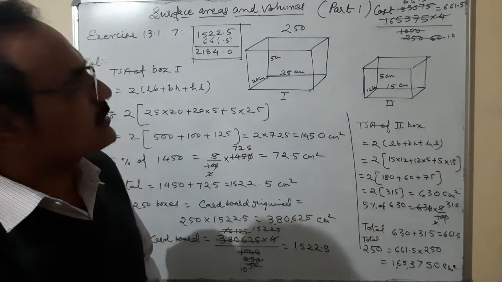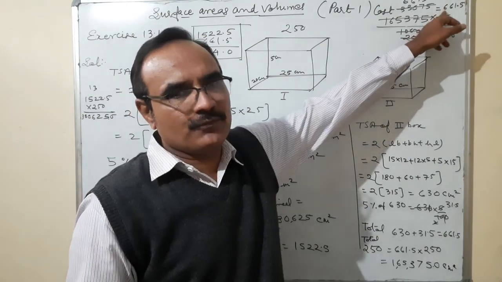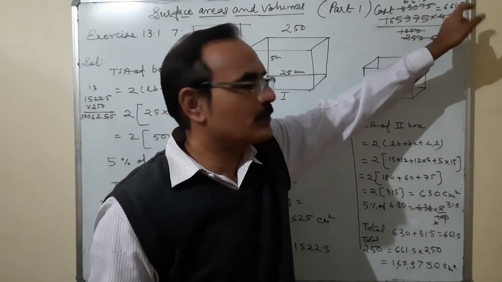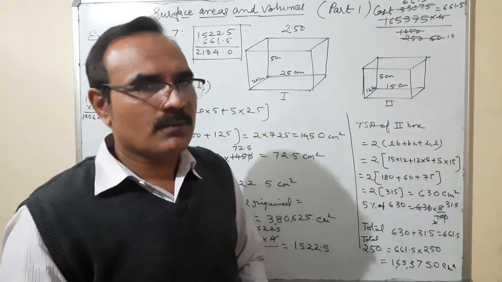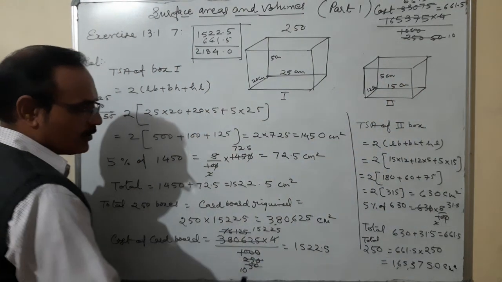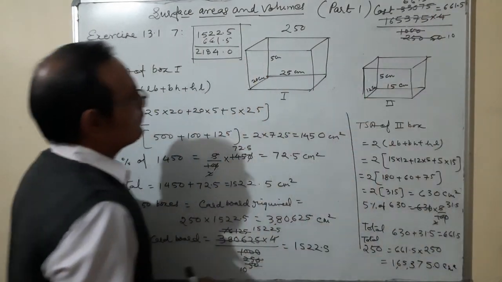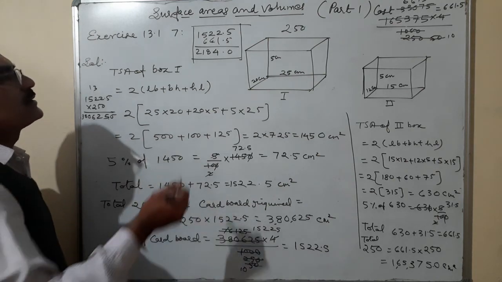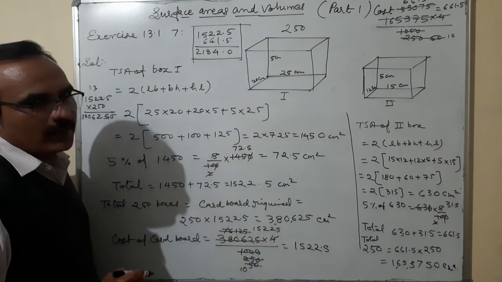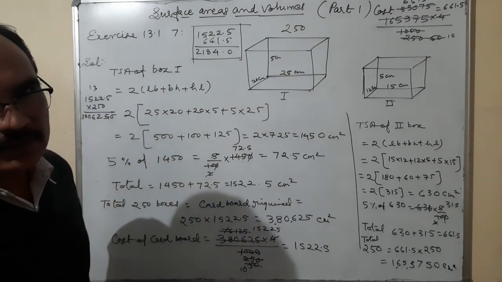Now we are going to find the cost of it. So cost of it is equal to 1,65,375 multiplied by 4 upon 1,000. After calculation, we are getting the result 661.5. Okay. So this is the amount for second type of boxes. And first type of boxes amount is 1522.5. Second is 661.5. So they are asking for the total cost. So we are going to add it, 1522.5 and 661.5. So the result is 2184. This is the amount.